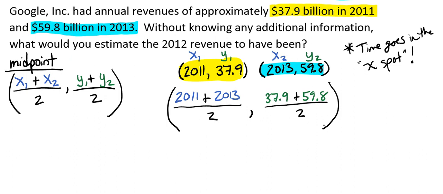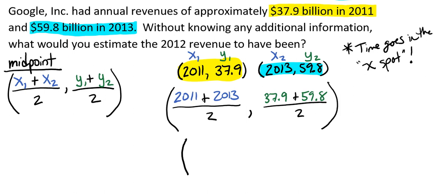So we're going to plug our x numbers into a calculator. 2011 plus 2013 divided by 2 gives us the year 2012. And this is how we knew that we were going to be using our midpoint formula, because 2012 was not just in between, but it was the midpoint of 2011 and 2013. And now we're going to plug in our 37.9 plus 59.8 divided by 2 into our calculators, and we're going to get a value of